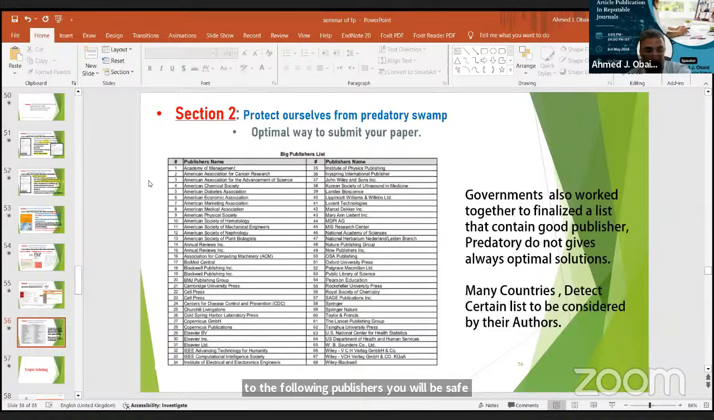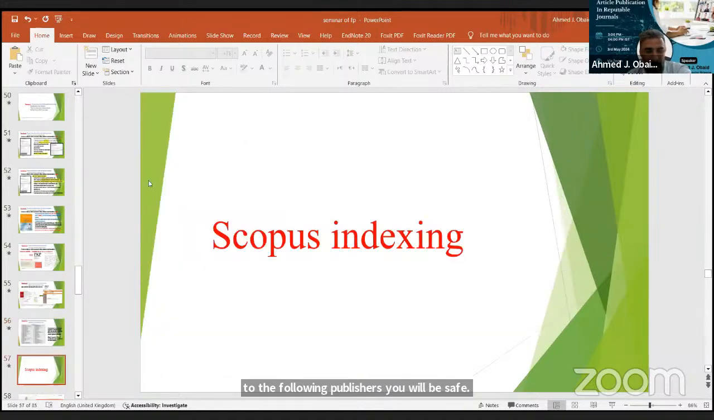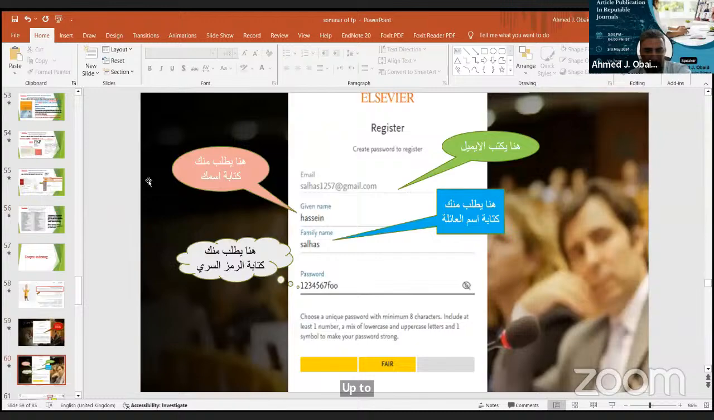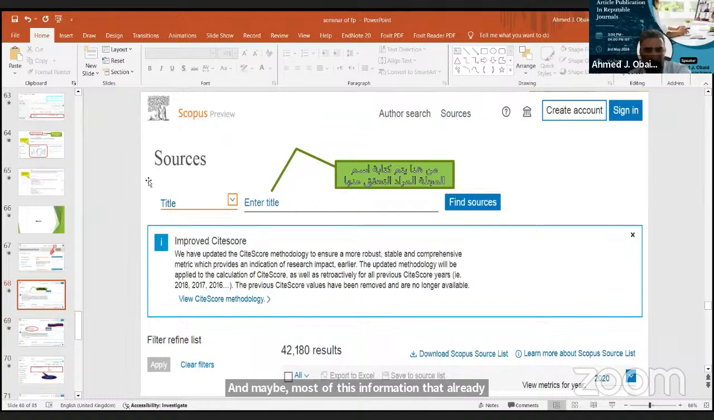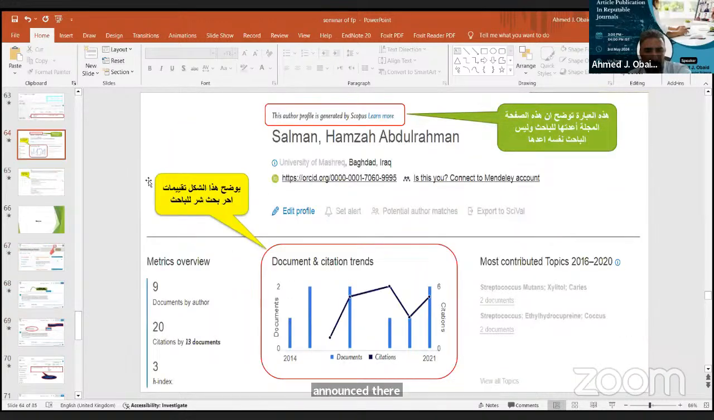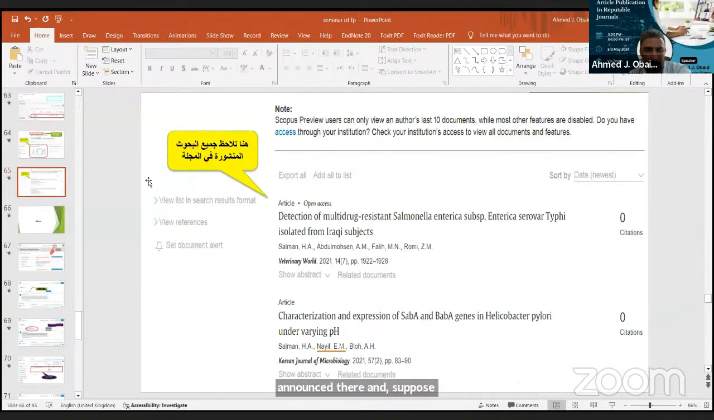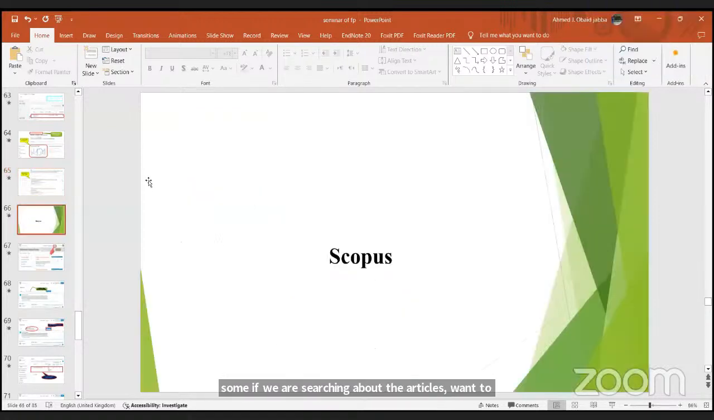Up to the slides, because here I am talking about indexations, and maybe most of this information was already announced here. Suppose we are searching about articles and want to check if it is indexed or not,